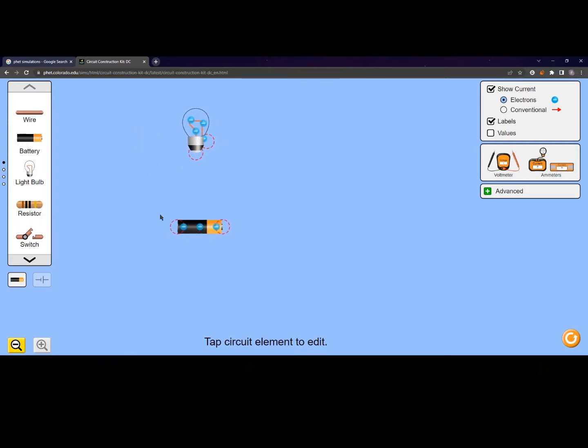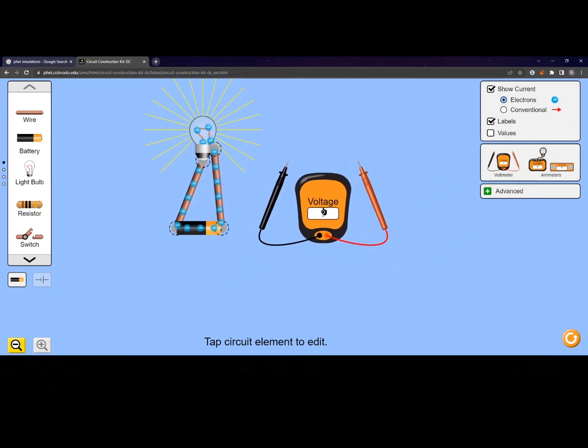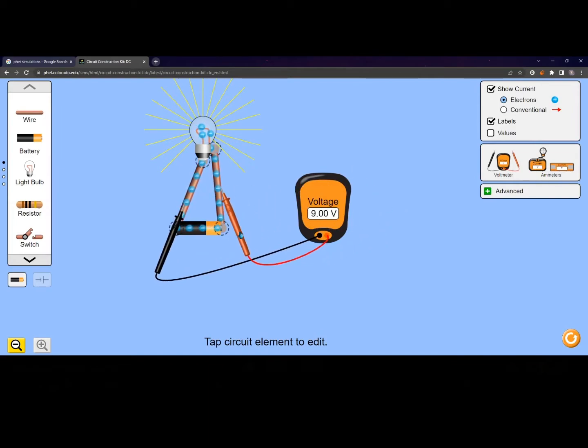so we're going to take a battery, we're going to take the wire, and we're going to just connect. It will automatically snap to the battery. Let's take another wire and connect it to the other terminal. Now since there is no switch, as soon as I connect this, it will start running. As you can see, the bulb is glowing, and over here I can use the voltmeter to see how much potential is there across the bulb or across this battery. Now at this moment this is 9 volts,